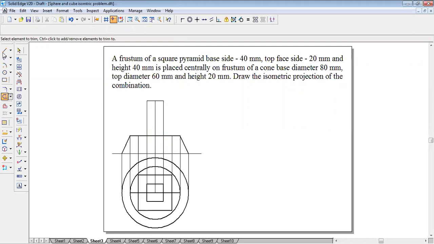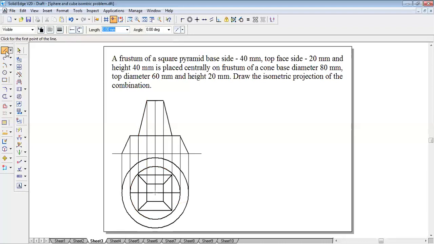Okay. After this, take visible line, join the base lines this way. This is how the object looks in the front view. Okay. This is the base cone, frustum of the cone, base portion. Top portions are also drawn here. In the top view, it is nothing but a frustum of the pyramid. So you have to draw, like, joining the corners. This is how we have to join the corners from these end corners, so that you can see these lines slanted here.